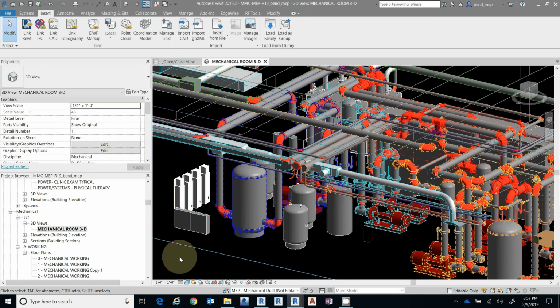So I'll be talking more about some more Revit basics using work sets and filters and different visibility graphic things